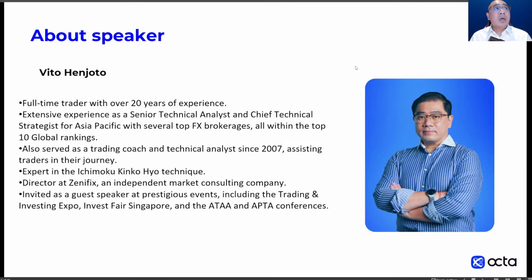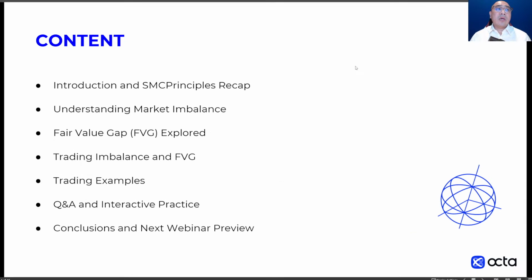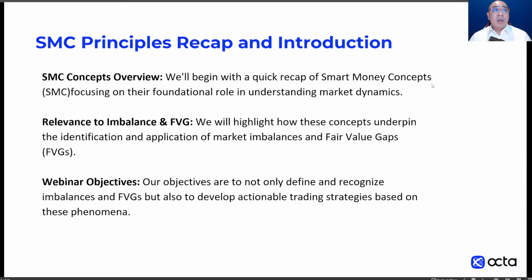Okay, so we'll take a look at a little bit of a recap on what we have gone through so far. I see there's already a few questions there. I'm actually going to answer those questions before we continue talking about market imbalances, because I need you to be on the same page with me, and we need to cover a lot of stuff as well. All right, so we'll take a look at understanding market imbalance. We'll take a look at fair value gap. There's also volume imbalance, and then we have the traditional gap as well, but we'll go through all of that stuff in a minute. Okay, so let's start with a quick recap of smart money concepts.